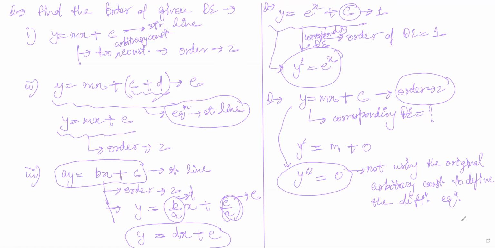No, the power of all the derivatives must be a whole number first of all, and the derivative must not be present in the form of another function. Like you can't have cos y dash, cos of dy by dx, or e to the power dy by dx, right? So whenever the equations are dy by dx is equal to something, or d2y by dx square plus dy by dx, any equation which contains your normal dy by dx, y dash and y double dash, not in the form of any other function, and the powers must be whole numbers,